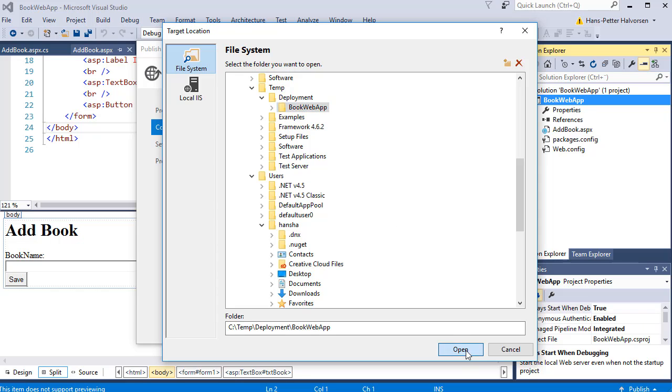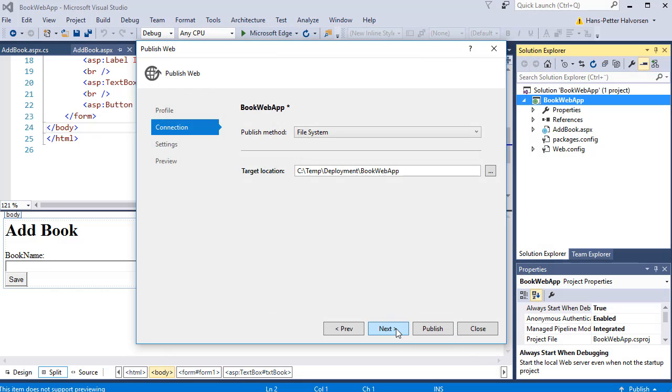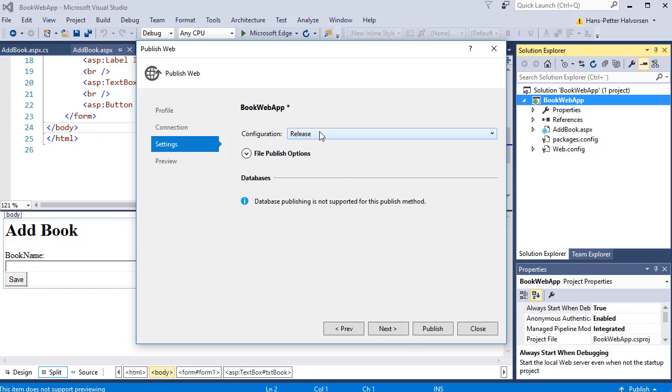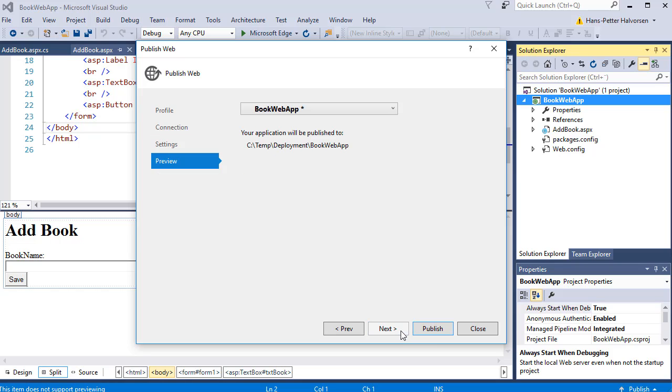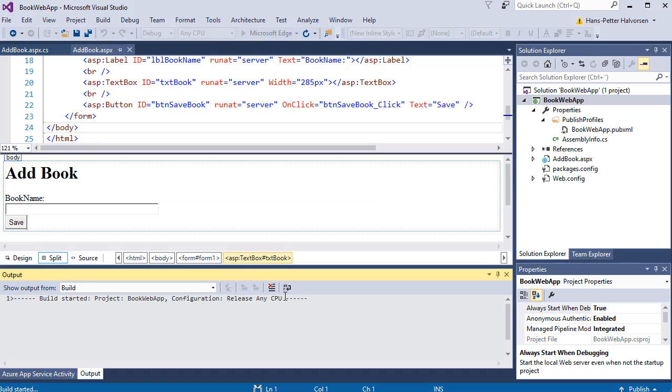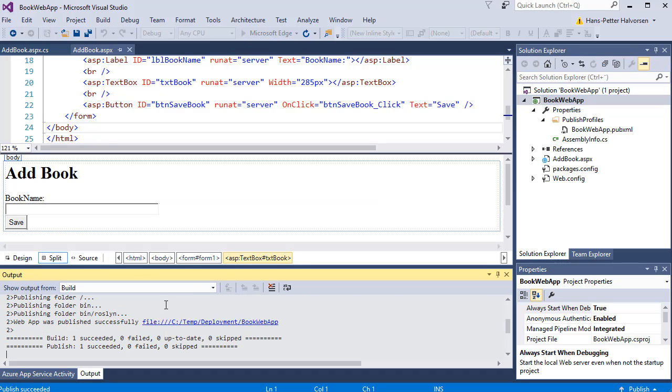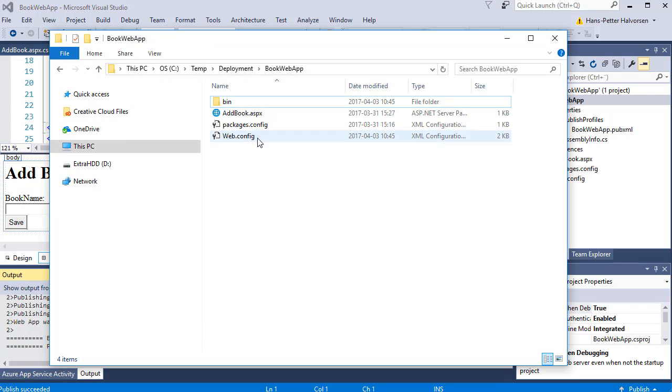Click open and then click next, and then I want to release it, so I select to release and then click next, and then it will be published in this folder. So I just click publish, and then it starts to build my solution. And now it was finished, so I just open this folder, and then all the necessary files have been created